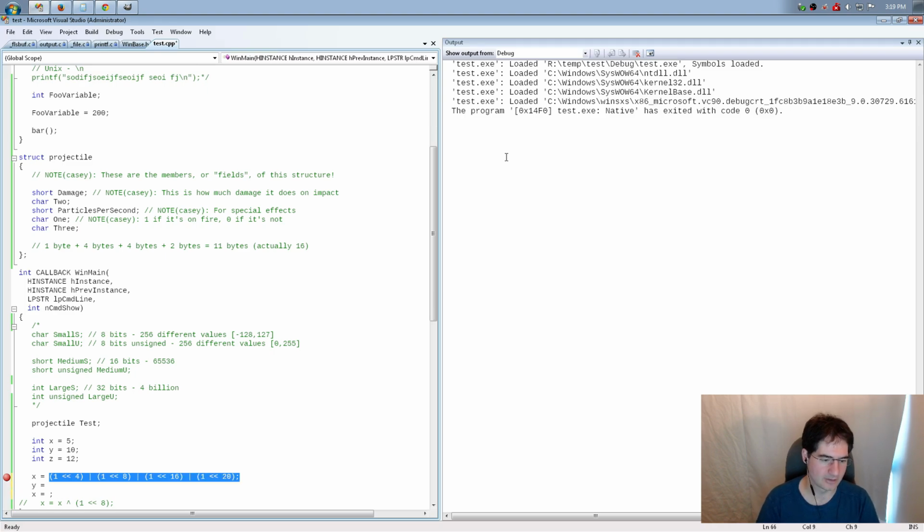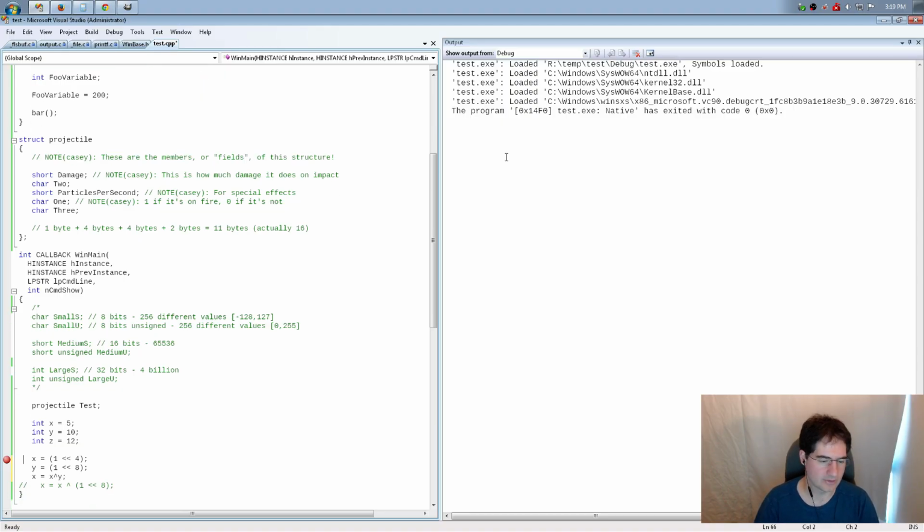So let's say I have this, where I've got 1 shifted up 4, and y is 1 shifted up 8, right? And what I want to do is an exclusive or of these two values. In fact, let's make this a little bit more interesting by setting just a few more bits.